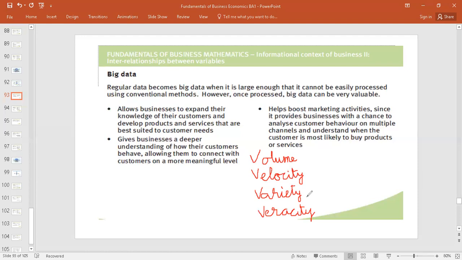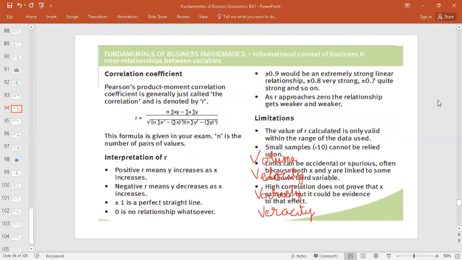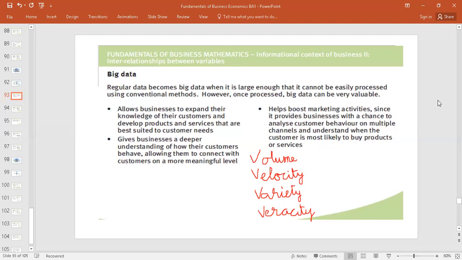So that is the advantage of big data analysis. The sellers are able to understand the customers, their requirements much better, and are able to cater to the requirements of the customers. Okay, that's all what is given here as part of big data. Only one small concept, I mean, slide is there for us. So let's